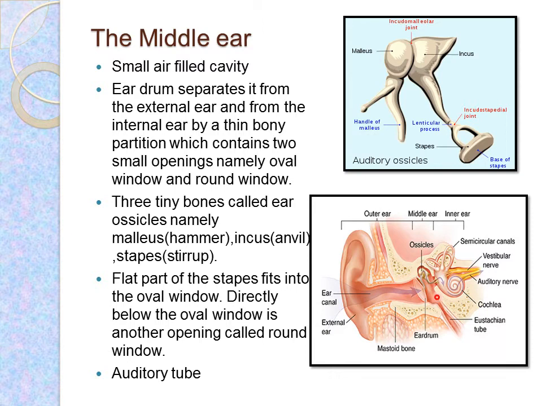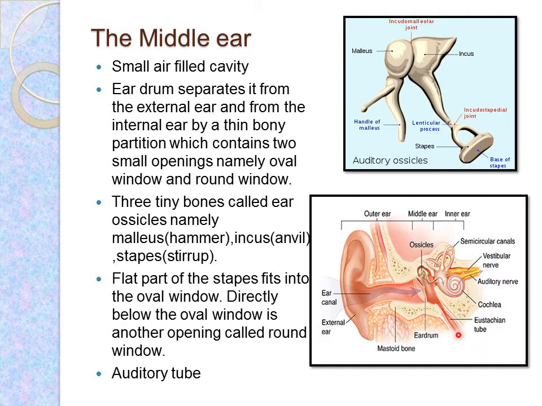Now the round window is covered with a thin membrane or an anterior wall of the middle ear. So this auditory tube is also known as the eustachian tube. What is it doing? This actually connects the middle ear with the throat. So what is the function of this eustachian tube? This is connecting the ear with the throat. And any infection in the ear can affect your throat. Now when your throat is having pain and all, you always feel a pain in your ear. So through this eustachian tube, this ear and your throat are connected.